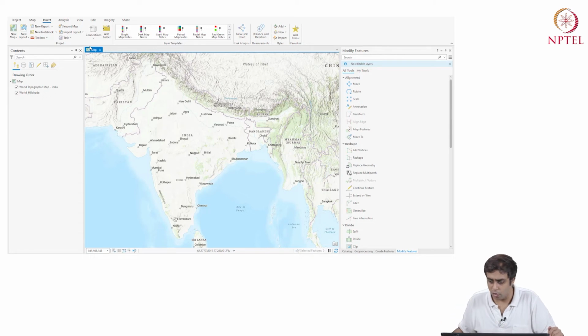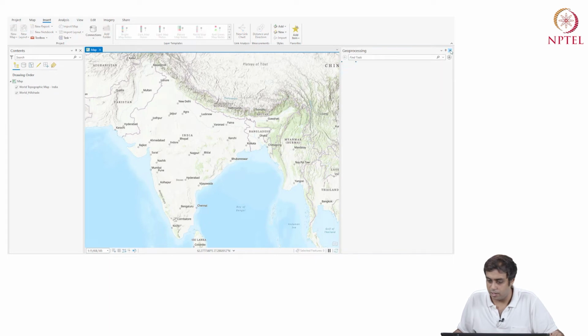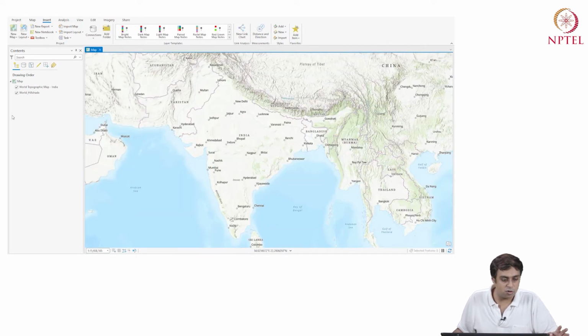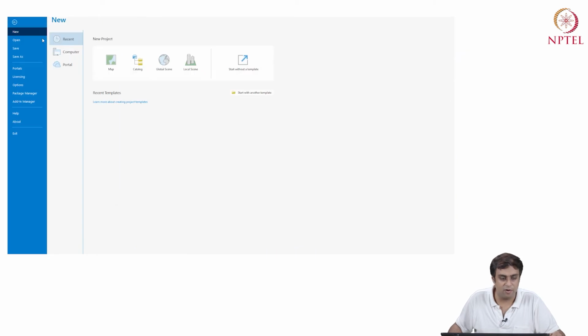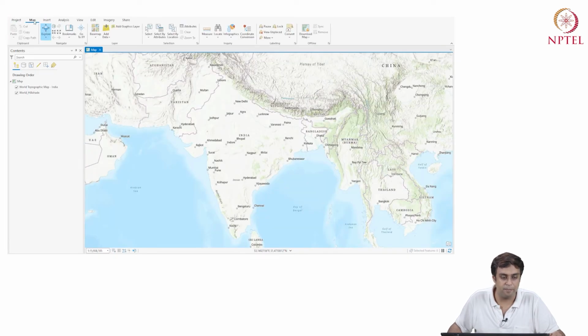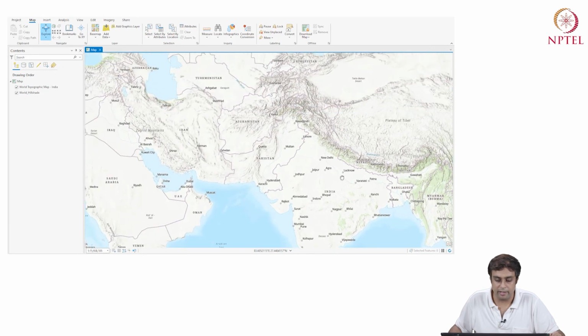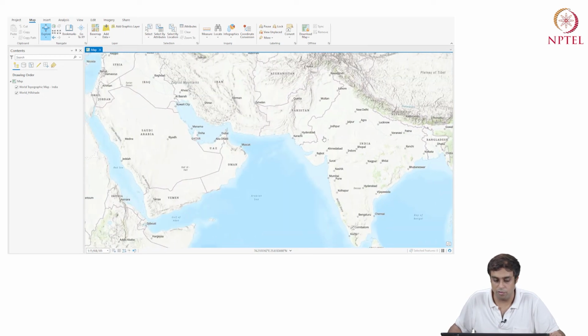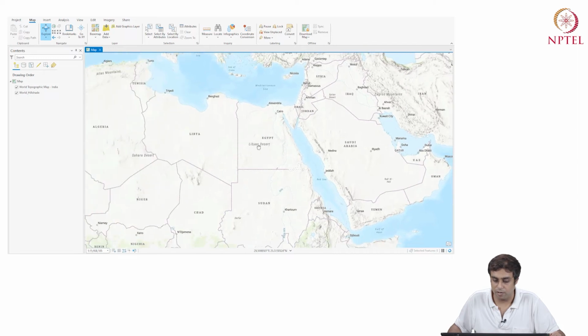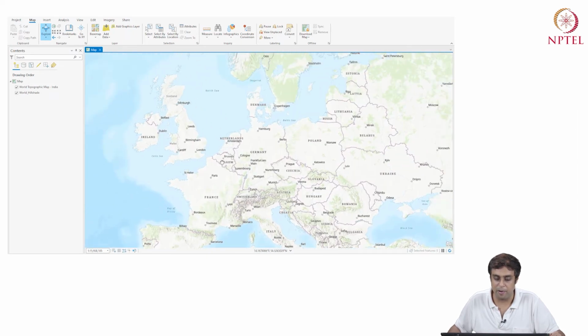Okay. So I have this third pane which I'm going to just cancel. I'm just going to say I don't need it for now. So I have two panes to begin with. I have map and I have contents. Now I have project, which is the project I'm working with, on the top tab. Then we have the map. Now map has many things. It says go to XY, bookmarks, explore. So right now it's at explore, so I can explore. Right, I can just hold my cursor and I can visit different parts of the world.